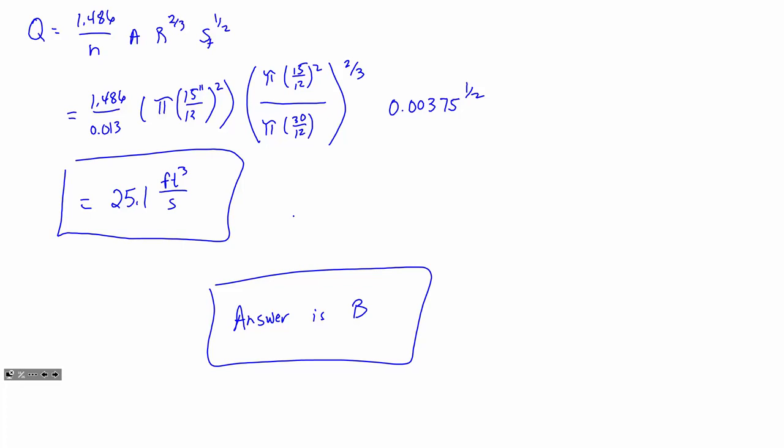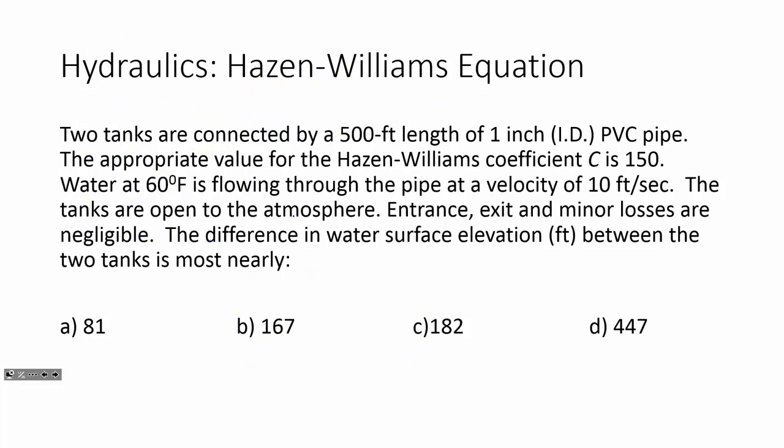All right, so let's look at our last one here in the hydraulic section. Given a word problem here, so they don't give you any depiction of this problem. It says that two tanks are connected by a 500-foot length, 1-inch inner diameter PVC pipe. The appropriate value for the Hazen-Williams coefficient, so this kind of triggers you to use the Hazen-Williams equation, is going to be 150. So if you have water at 60 degrees Fahrenheit flowing through the pipe at a velocity of 10 feet per second, so we're given the velocity of that fluid within that pipe,